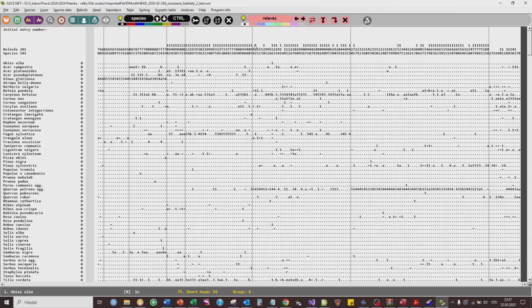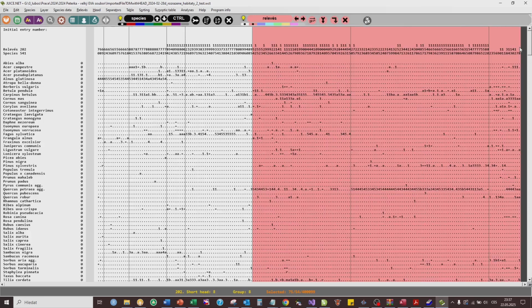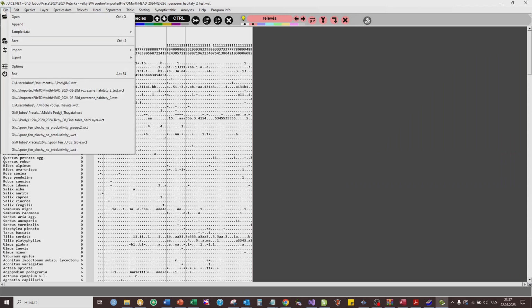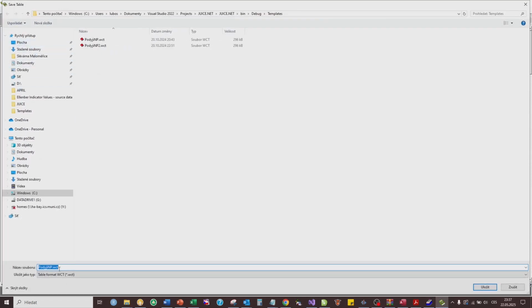After importing a table into Juice.net, it's recommended to save it immediately. Users can edit or delete both species and plots within the table. To avoid losing important data, make sure to regularly save your work under different file names. This allows you to easily return to the original version if needed,